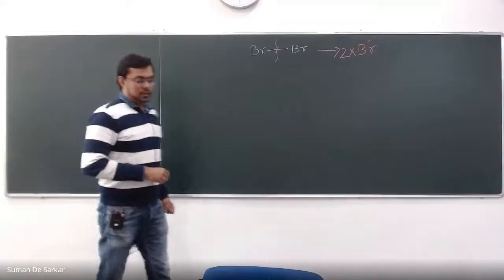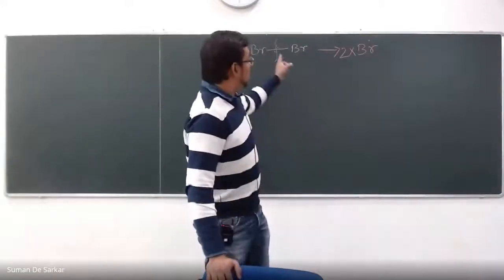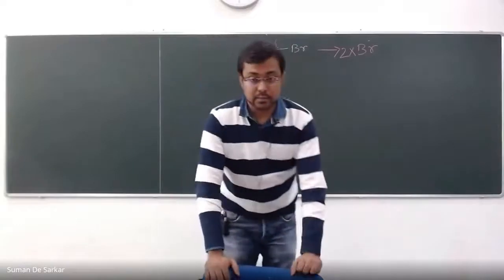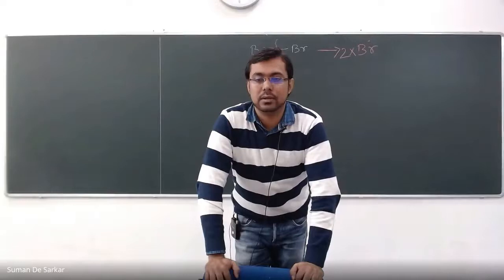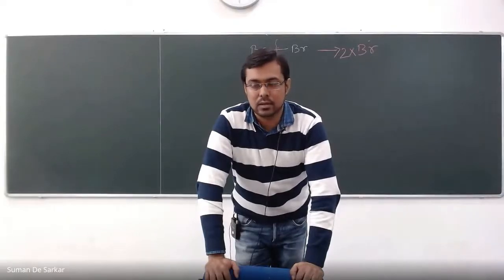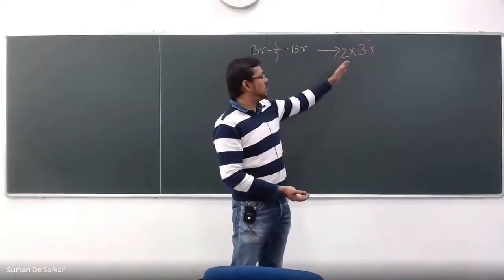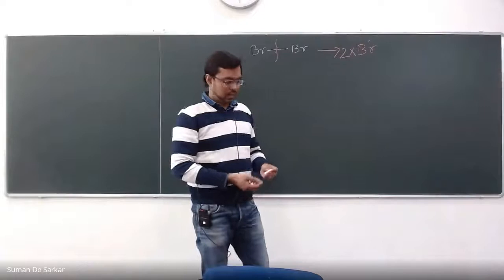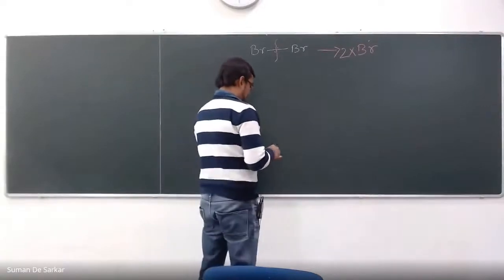Okay, all right. Now the thing is, whenever you do this, as I said, there is not much polarity in the Br-Br bond. So you need to do something so that it becomes more reactive. There are several different ways to do it. One of the methods is to cleave it homolytically and generate radicals. Now how to do this? Here also there are different methods.